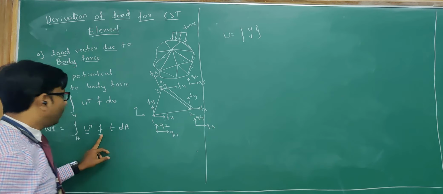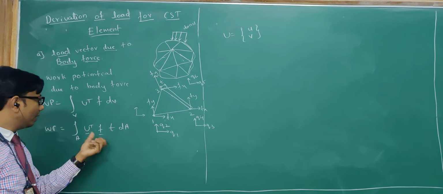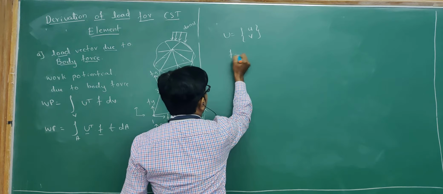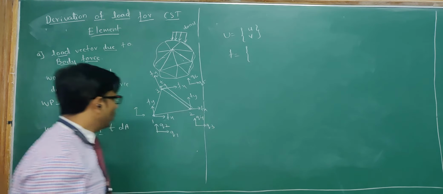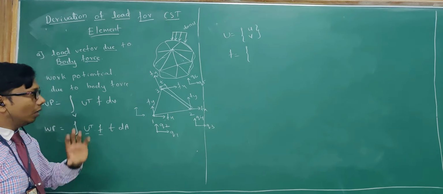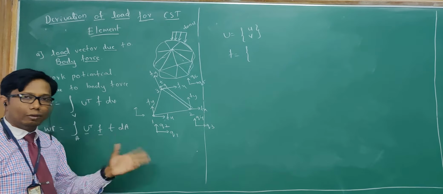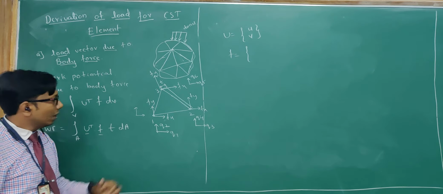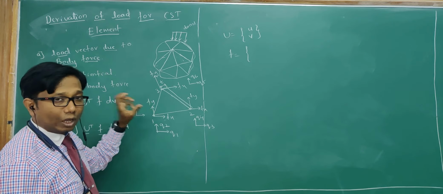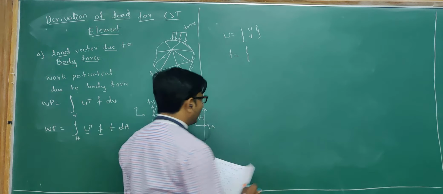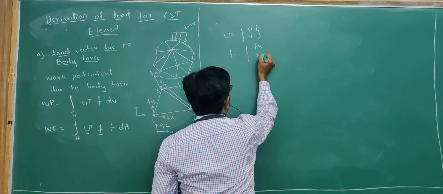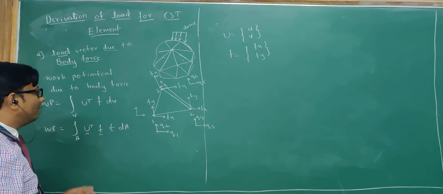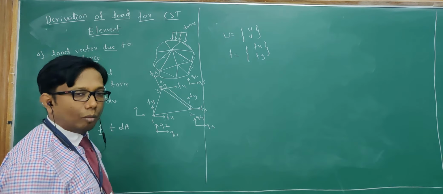So now if I resolve it or write it in component form, what will be F here? F, as I have already told you, is a body force which is acting throughout the volume. So the body force will be acting in all three directions. But for our analysis, we are doing a 2D analysis. We will be taking the forces which are acting along the x and y axis. So we will be taking it as Fx and Fy. Okay, so now we will be writing the equation in the form of a shape function.